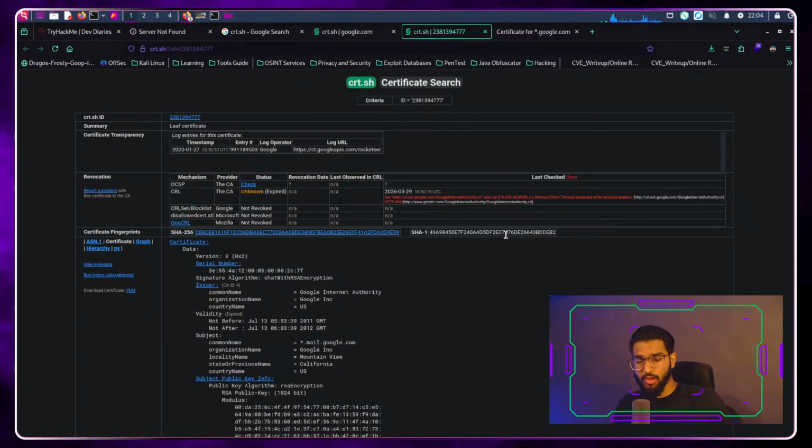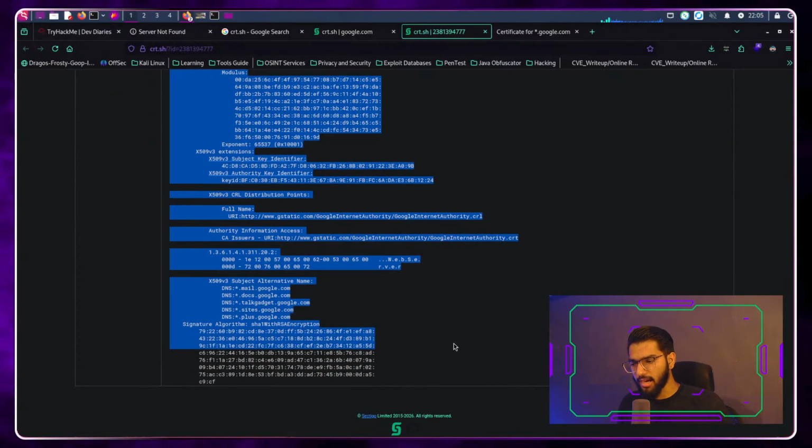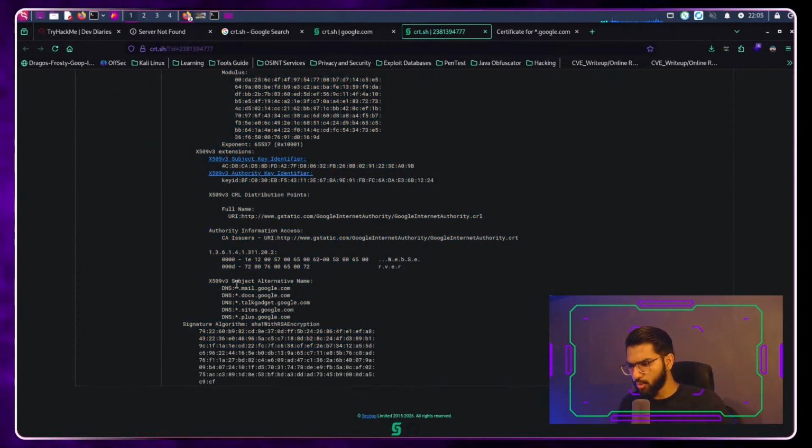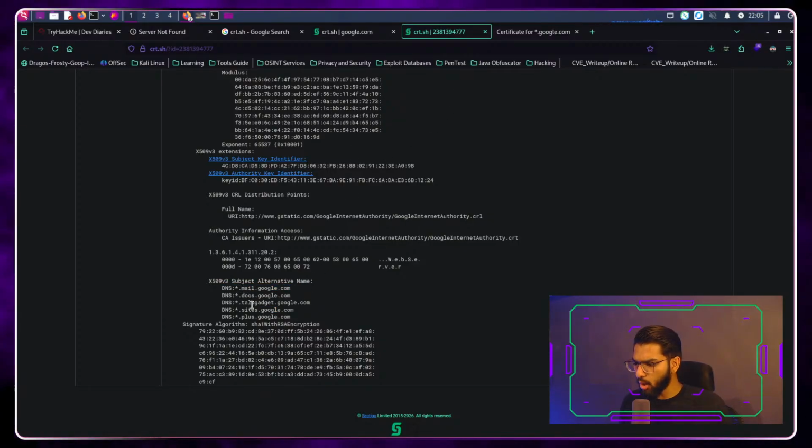Because if you have hosted any website, you would know that to generate an SSL certificate, you would have to enter all this information, which then gets verified. Then it's going to come up with a valid certificate saying that yes, this site is secure and has been verified. So when you provide that information, you are also submitting all of it about that domain onto the internet like this. So we can see that this certificate is being redirected to mail.google.com, docs.google.com, and many other subdomains of Google.